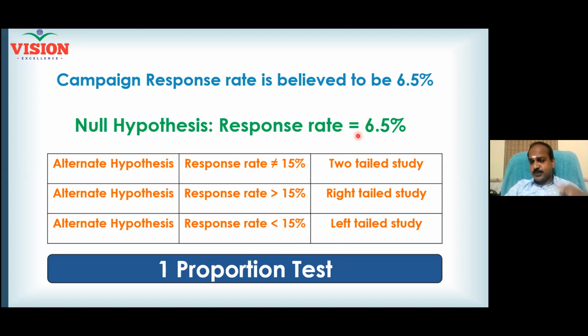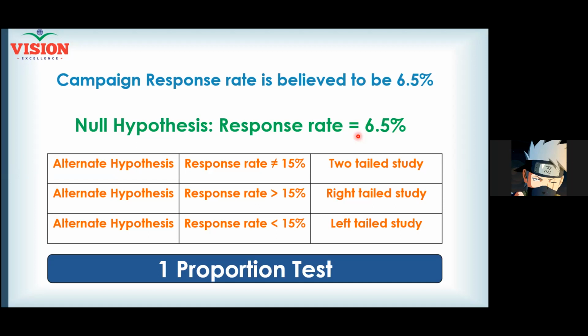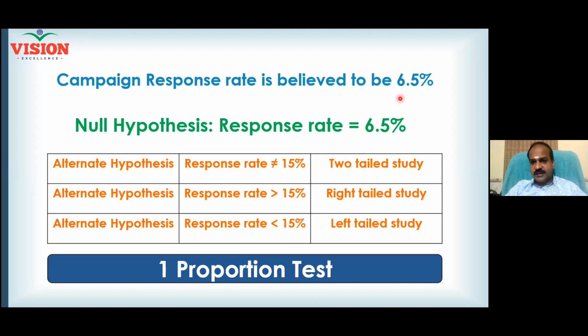Now tell me, response rate, is it an average or a proportion? Average. Is it so? What do you mean by 6.5%? I write email to 1,000 people, 65 people buy the product. Is this 65 an average? No, 65 out of 1,000. How did you know it is 65? You have counted. Second sale, third sale, it is not counted. So percentage, you have to be very careful. You may easily get confused.